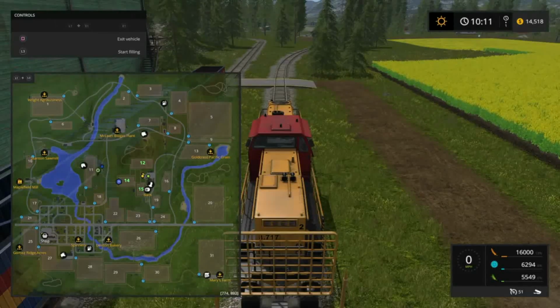So as you can see in the bottom right there, I believe it's bushel. I don't want to make an assumption because I'm not totally sure. I mean, I grew up on a farm here in Montana. We go by bushel. I don't know. The developers of this game are European, so it could be different. I don't want to make an assumption, but I'm going to say bushel. So I have 16,000 bushels of wheat, just over 6,000 bushels of sunflowers, and 5,500 bushels of barley in